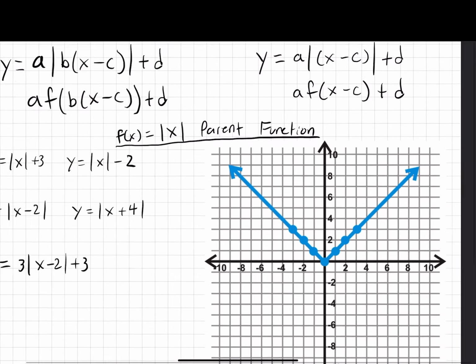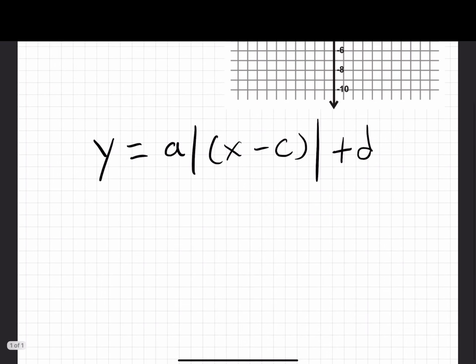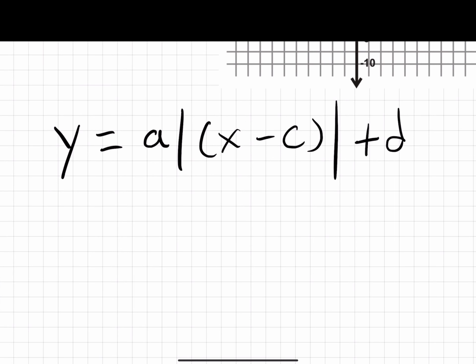But let's look at a couple of these transformations in its entirety just to generalize what they can do. So, in short, the a value, the number multiplied in front of the absolute value, could be considered entirely its slope. It'll tell you how much do I rise, how much do I run at any one time. So it would make sense to say if our a value is greater than 1, so 2, 4, 3,000, 5/3, anything that's greater than 1, it could be 8.77, whatever it is, you could consider its slope and think it's going to make the graph grow faster, so it's going to look taller. An example of this would be a vertical